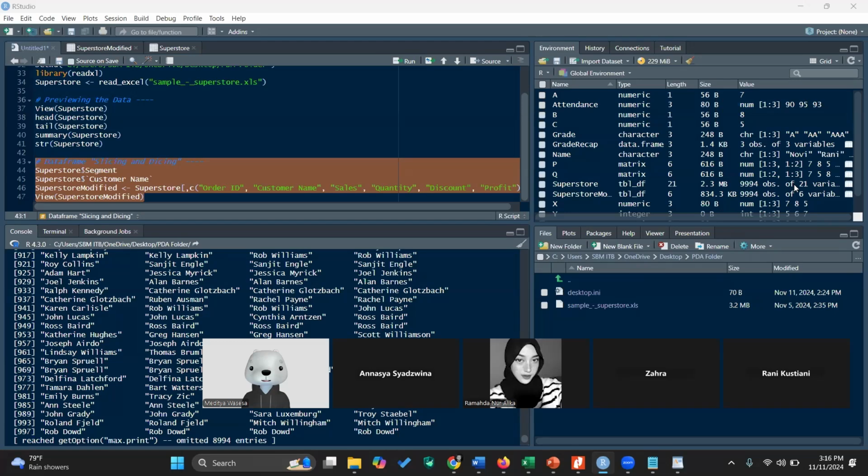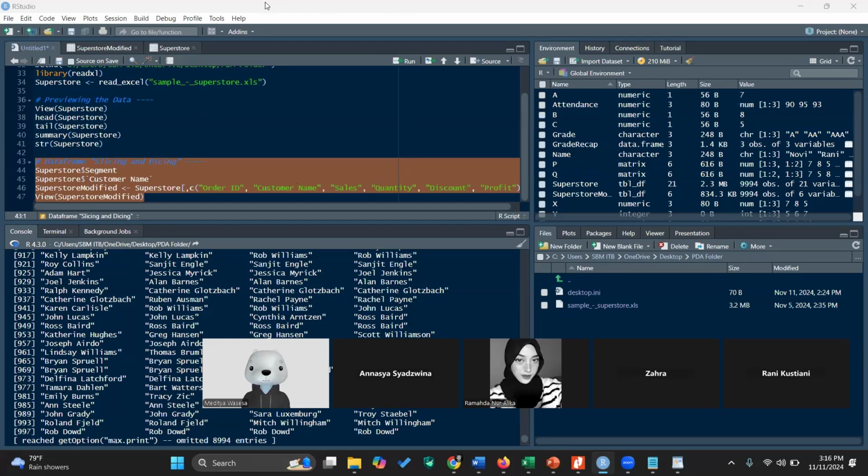I will give the slide, but I will not run the code one by one. Yeah, but it's okay. Slicing row. Now, yeah.